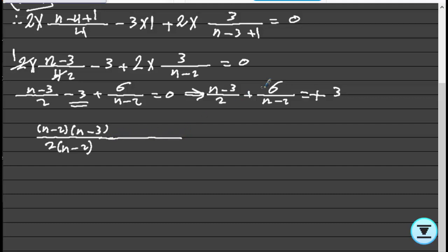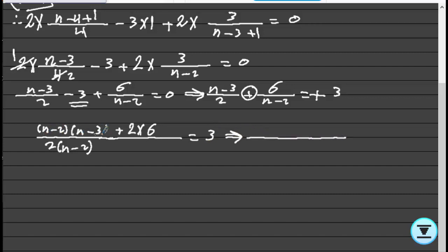Okay, the sign here is plus. I write it plus 2 multiply 6, as 2 multiply n minus 2 divided by n minus 2 equals 2 multiply 6. I write it 2 multiply 6. It is equal to 3. So